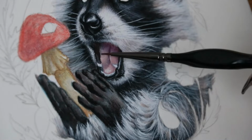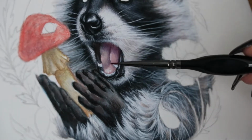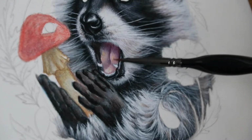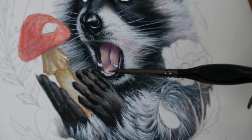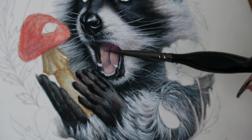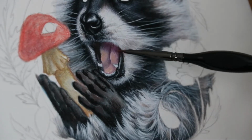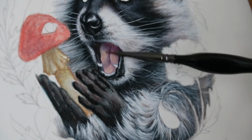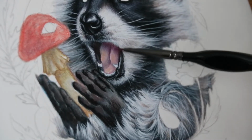And I wound up adding back in some red watercolor pencil and lightly blending that out, as well as some yellow, just to give it back some warmth, so it wasn't looking super cool toned. I think it just blended in with the shadows a little bit too much. Sometimes I just zone out and I'm blending too much, and